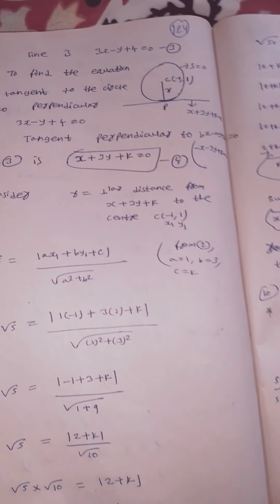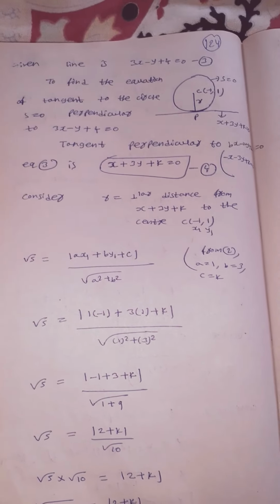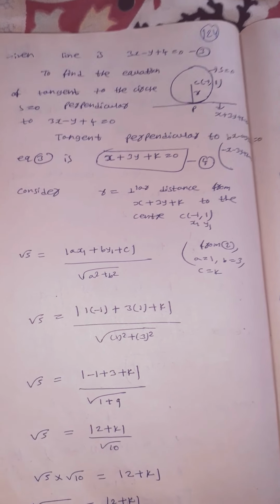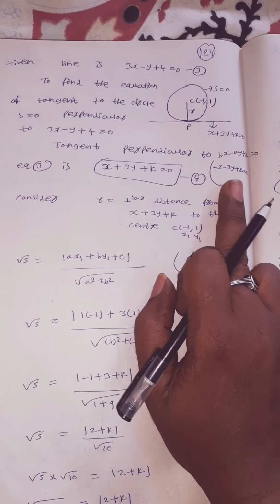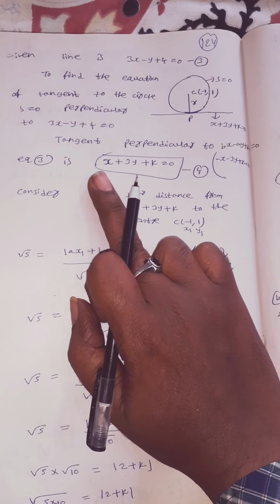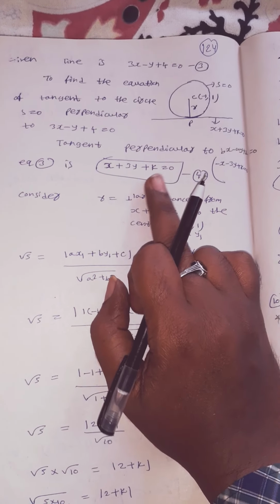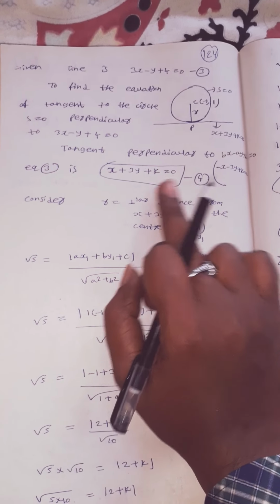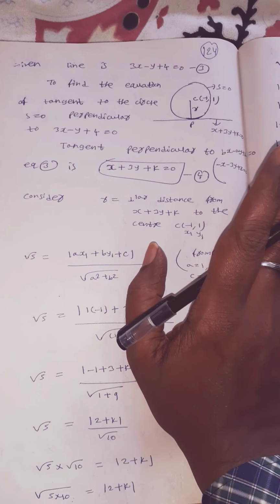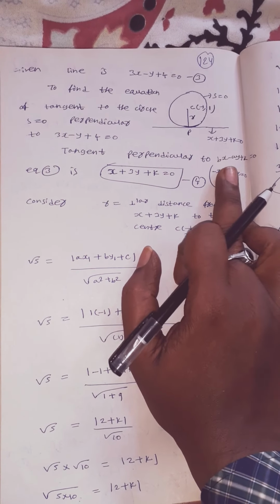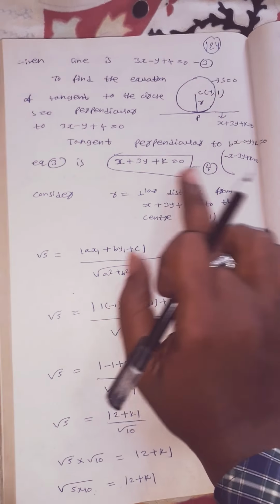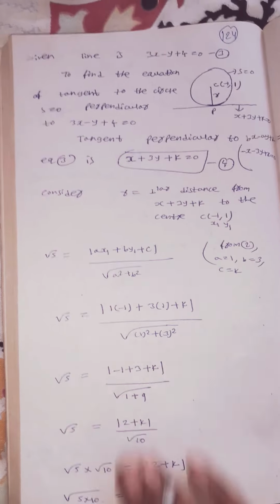So b value is minus 1, meaning minus x, plus minus a value is 3, children. That's why I wrote here 3 plus k. If you take minus common, it will become plus. So here you should write plus k only, children. Don't write minus k. That is the concept. So majorly you should see this only, bx minus ay. So you'll get the line like this, children.